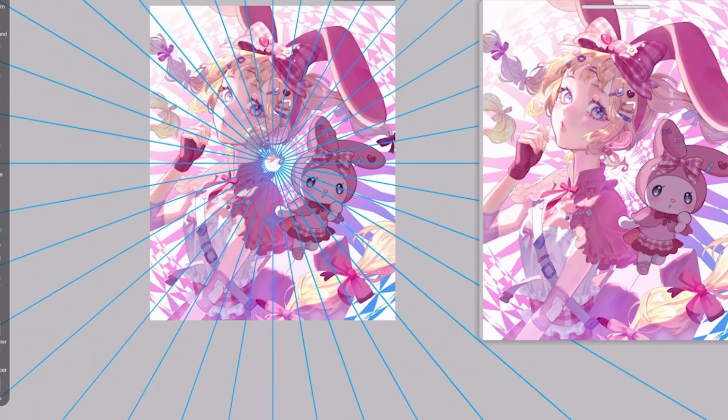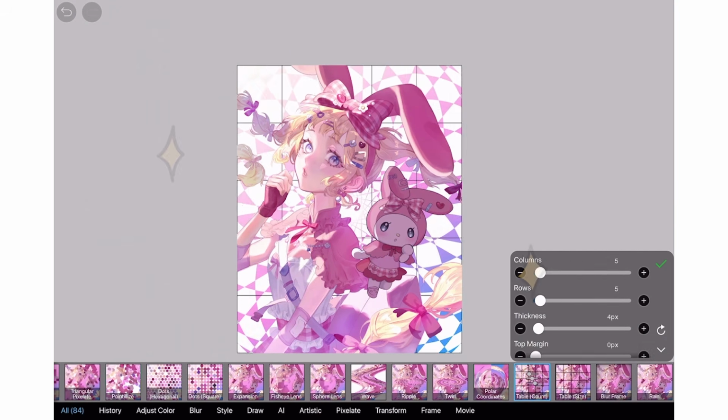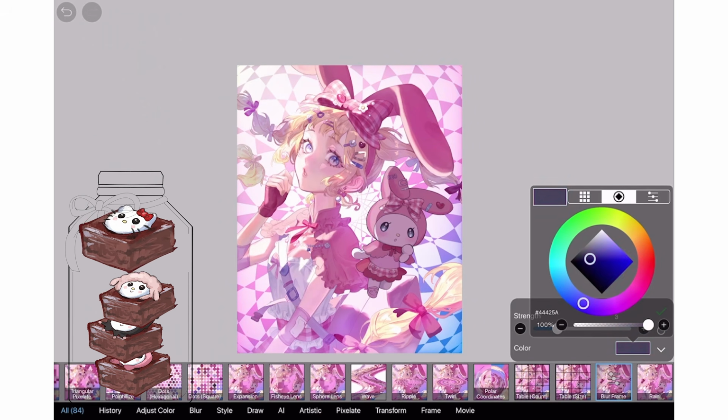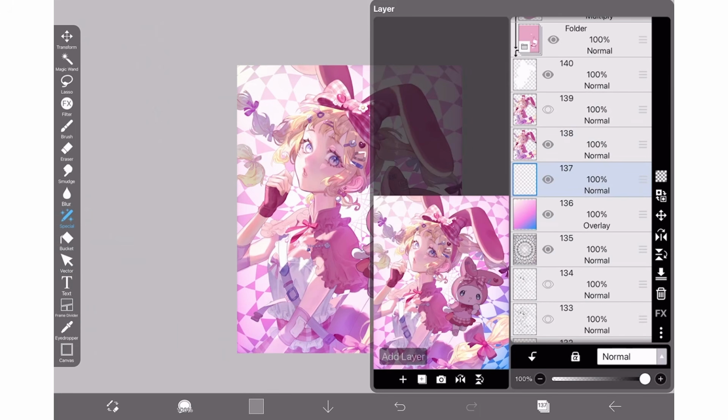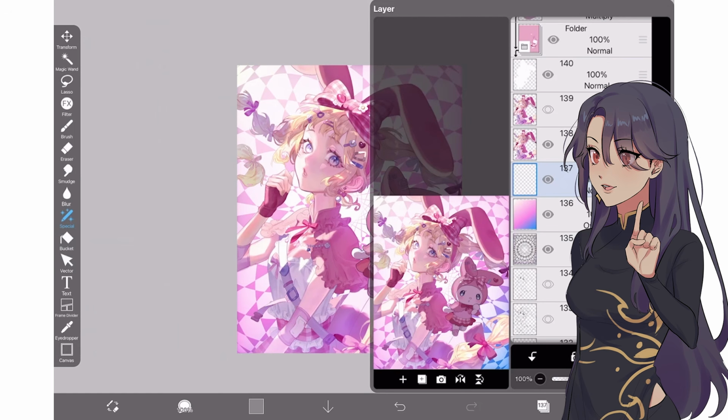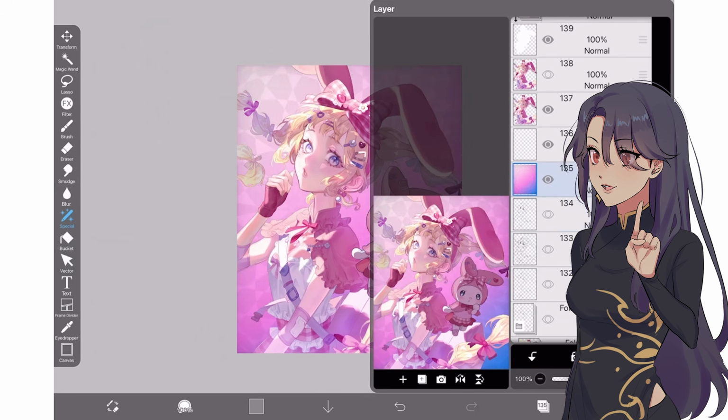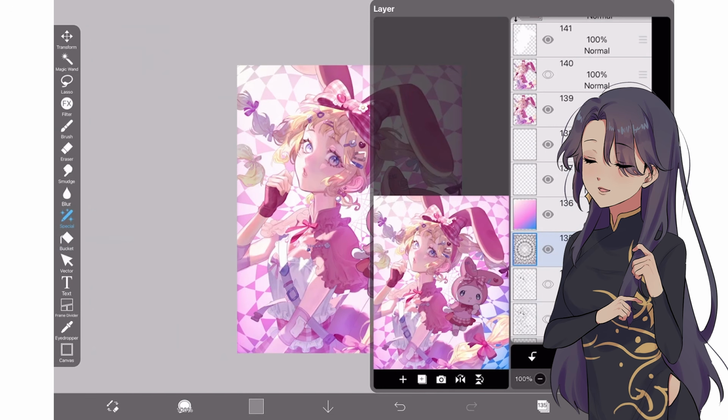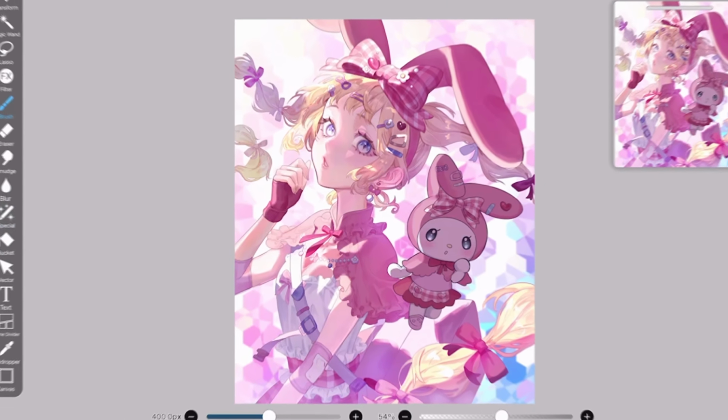But even though I sucked, I think the trick is really cool, so I'm going to give it a brownie point anyways. From then on, I just messed around with various effects and settings to create a background. To be honest with you, I just tried random things, but it was very fun to see what kind of background concoction I could come up with. And now our background is finished.